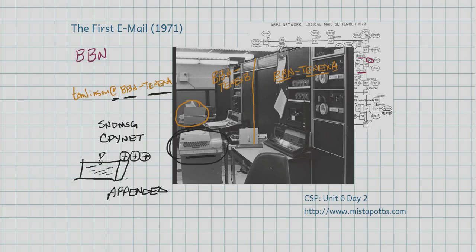So email was one of the first things that was needed in order to make this communication happen, but there were other network connections that needed to be made. In 1972, we had the first remote connection. And by a remote connection, I mean that someone could actually log on to a system on another computer and execute client programs on there.